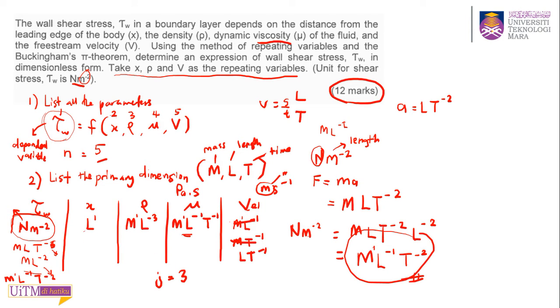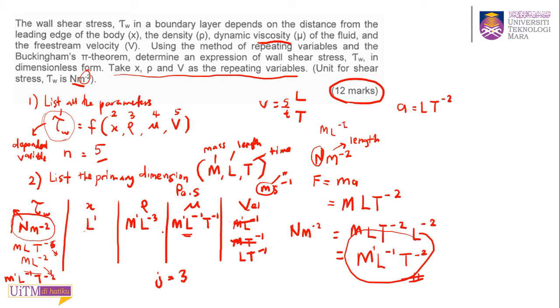And in your parameters here, you have M, L and T. So that's 3 primary dimensions. So let's say when you do this second step, you only have M and L. For example, in another question, the primary dimensions in all your parameters only have M and L. So your J number is